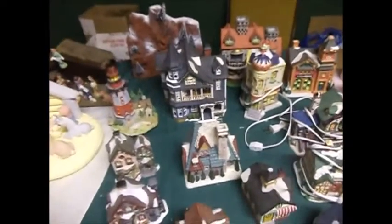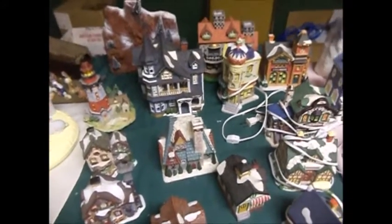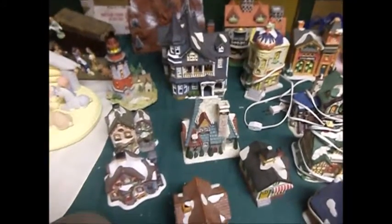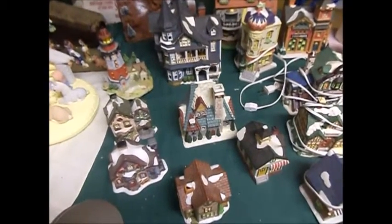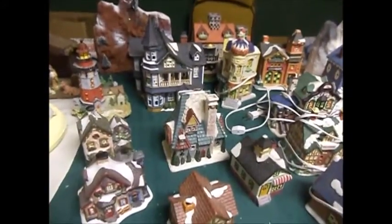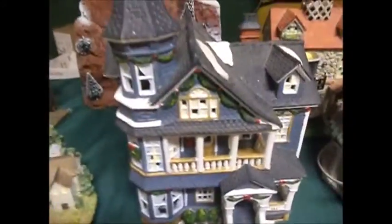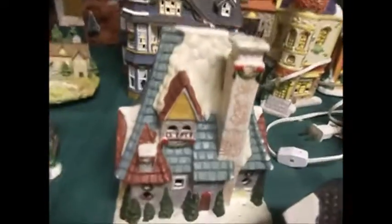And lo and behold, the village. As those who watched my village tour last year may remember, my mom used to have an amazing village, but she doesn't have the energy to set it up this year, so she's wanting to give it to people who will give it a good home. So here's the village. Now we have the old Cameron Inn, a lighthouse, a couple of awesome looking houses, some more awesome looking houses,